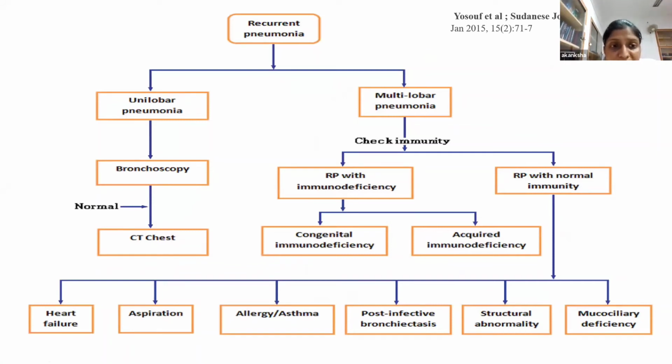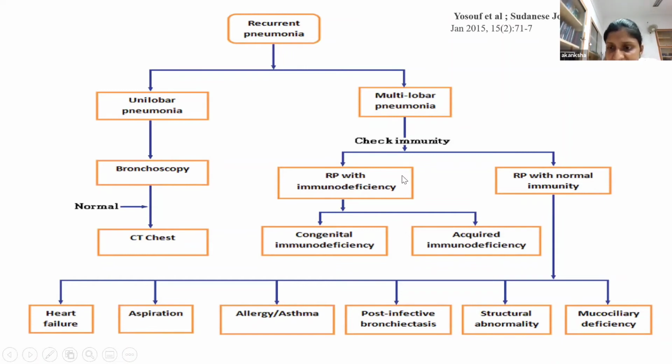Causes for unilobar recurrent pneumonia can be a foreign body aspiration or any congenital anomalies like vascular ring or congenital web. So to rule that out, we may go for a bronchoscopy, and if bronchoscopy is also normal, then we should proceed for CT chest. Causes of multilobar pneumonia can be